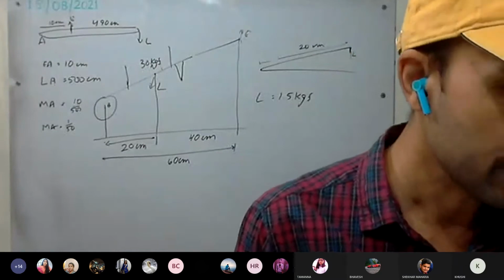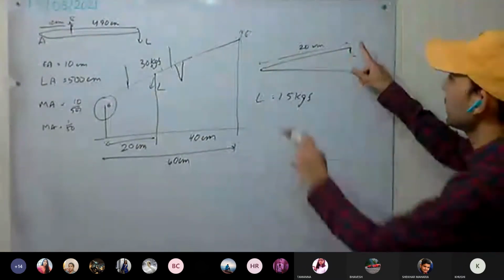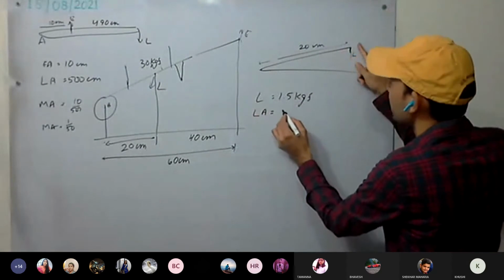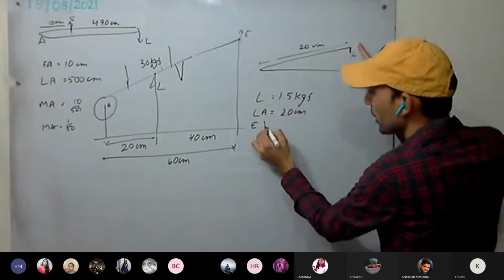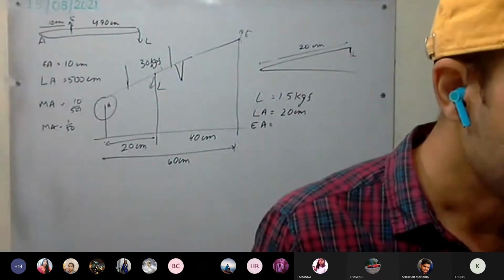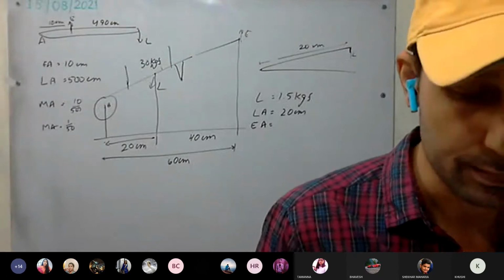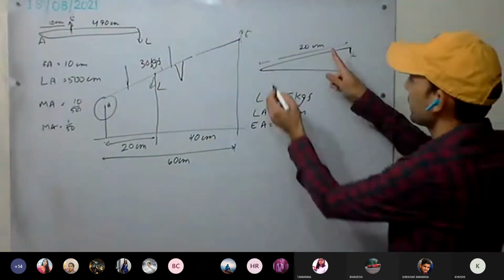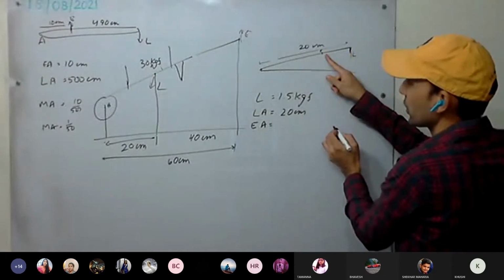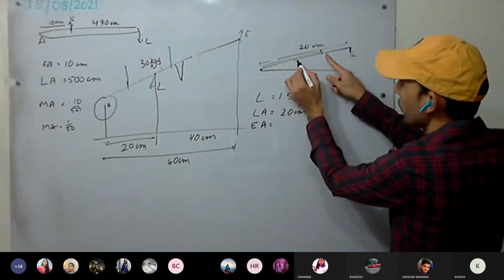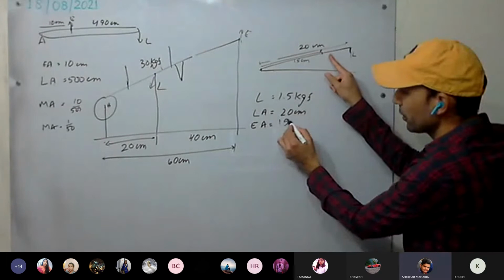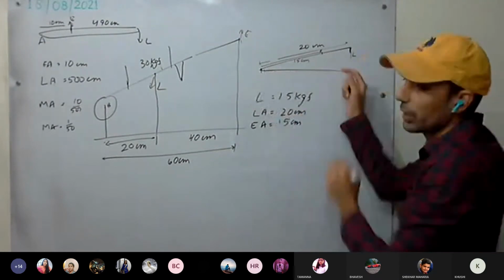So a fire tongs has its arms 20 centimeter long. Here's the fulcrum. So what is this? Load arm. Load arm is 20 centimeter. Effort arm is not given at present. Let's see what is written next. By applying an effort at a distance of 15 centimeter from the fulcrum, we are applying effort here. So what is the effort arm? 15 centimeter will be the effort arm, because from the fulcrum we have to calculate.